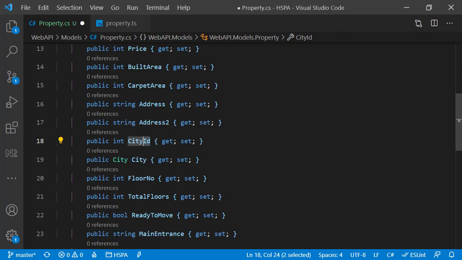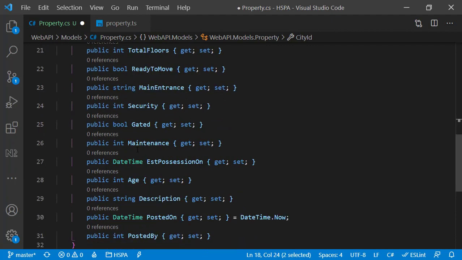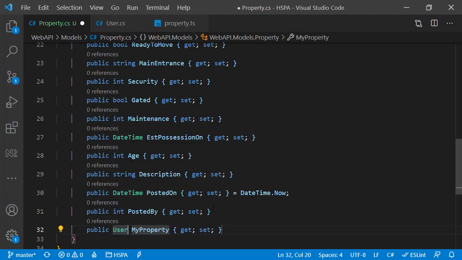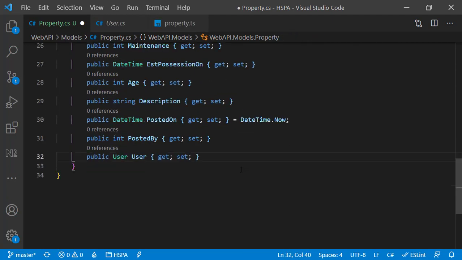So here our naming convention is defined as entity framework expected, but as mentioned earlier, it is not always feasible to define our entity property with the same naming convention. For example, this posted by field should be the foreign key to the user entity. If we add user as navigation property here, entity framework will not create a foreign key on this field in the database.